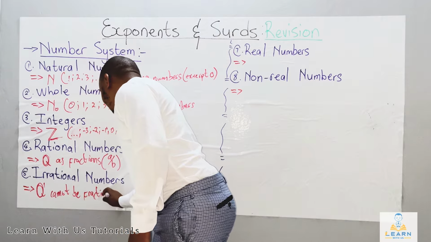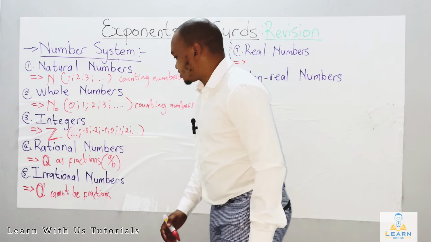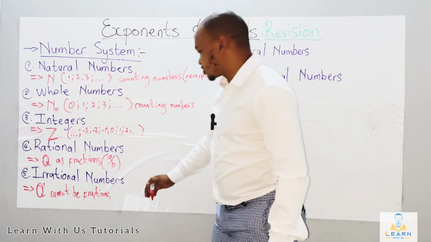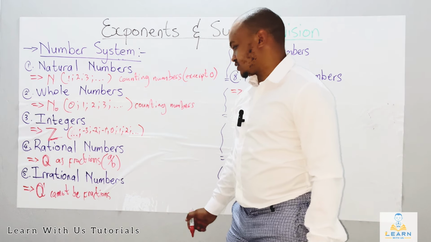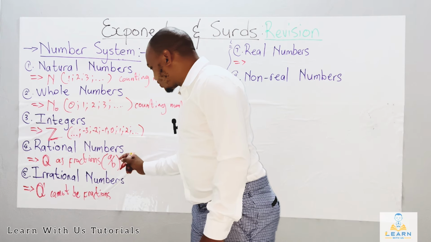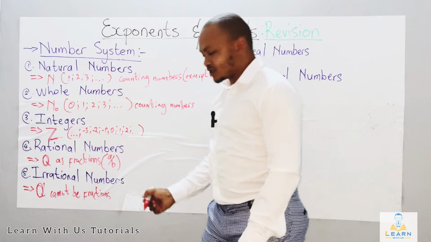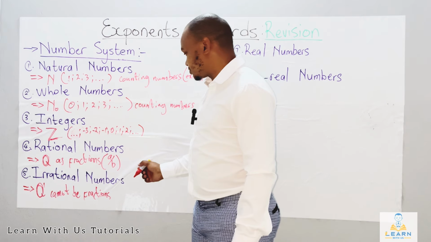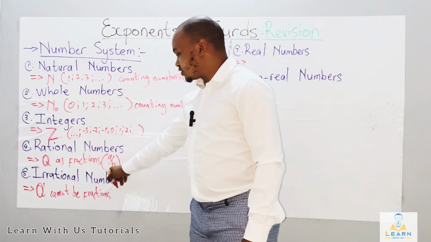And I am referring to the irrational numbers. These ones cannot be written as fractions. Alright. And then looking at A over B here, one thing that is very important that we need to take note of is that A over B